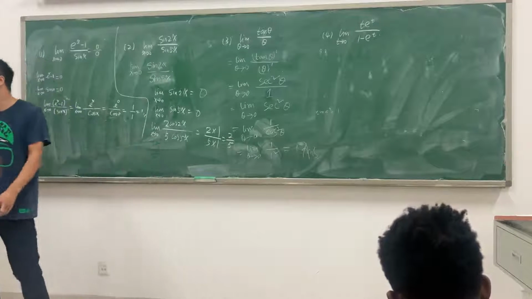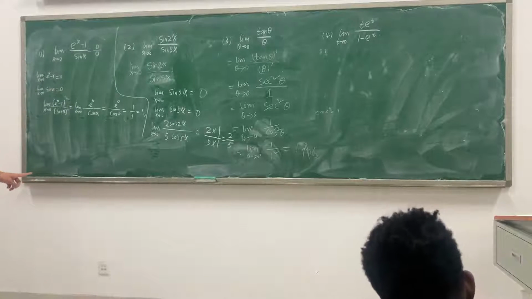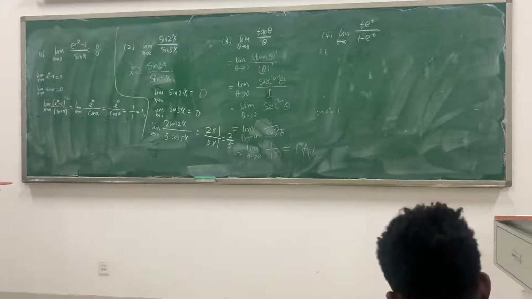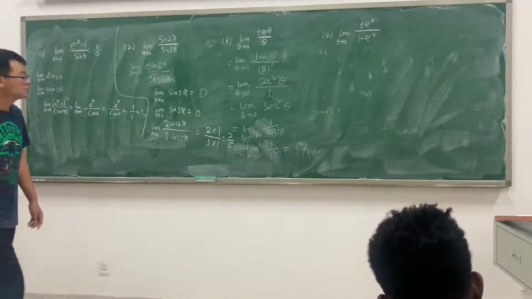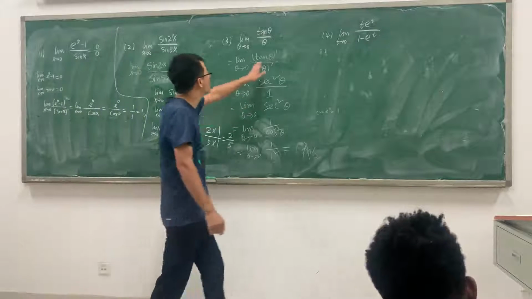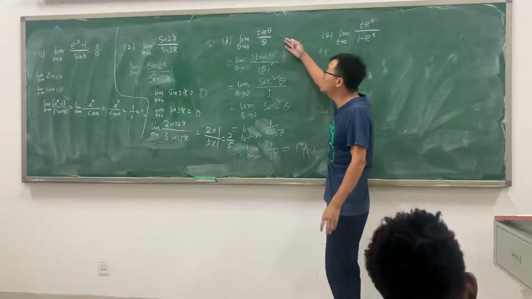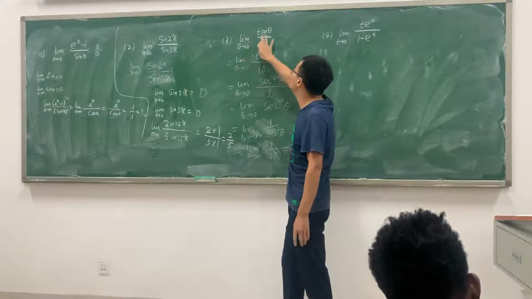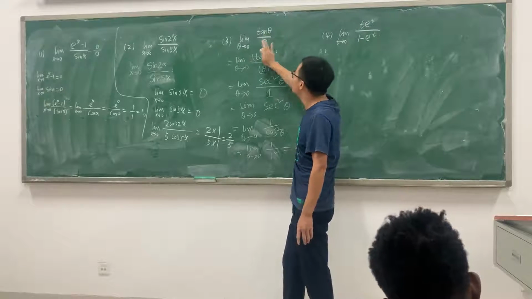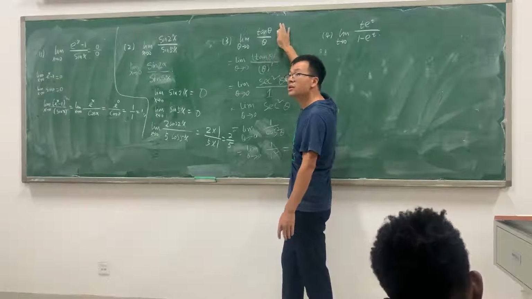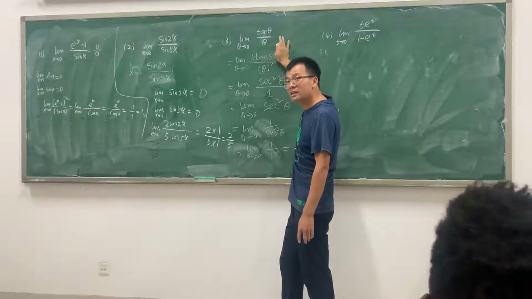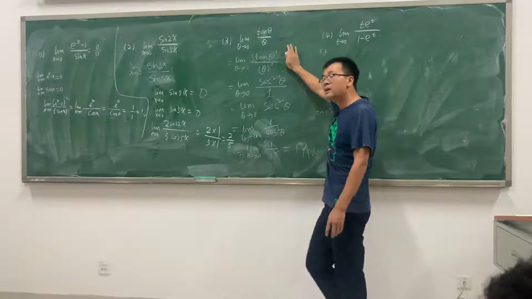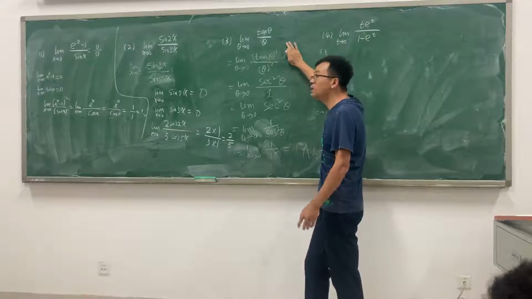So, what's your question? So the first step, you must determine the indeterminate form. The second, use the L'Hopital's rule. So this one is the same. Theta approaches 0, tangent theta approaches 0, and theta approaches 0. So here is 0 by 0, indeterminate form, so we use the L'Hopital's